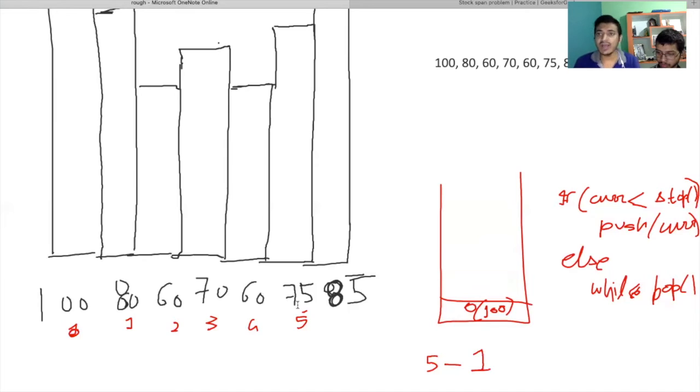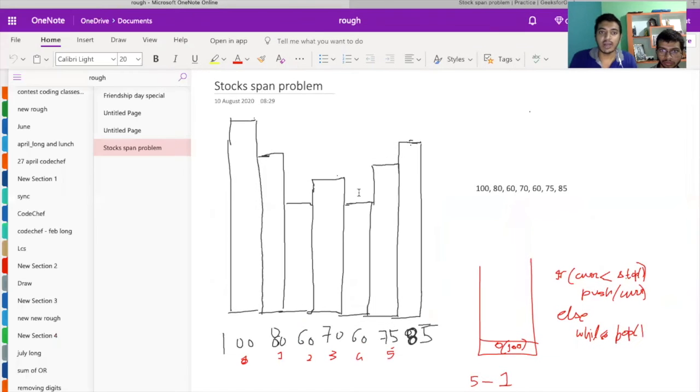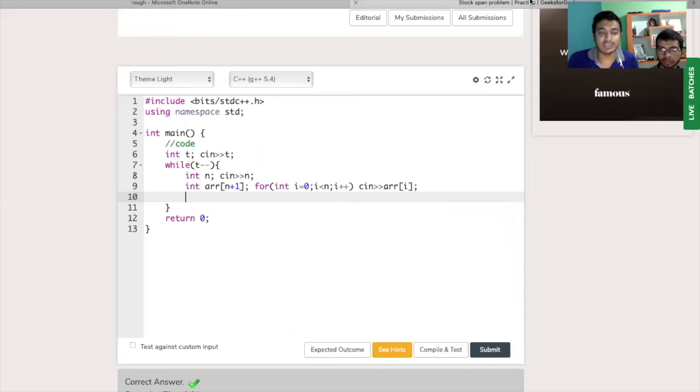Now how do we calculate the answer? We do it by subtracting the index of the current element minus the index on the top of the stack. So the index of the current element is 6, and what is the index on the top of the stack? It's 0. 6 minus 0 gives us the answer 6. So you can also see 1, it is less than or equal to itself also. 1, 2, 3, 4, 5 and 6. Right. So I hope, guys, that this approach is pretty much clear to you. And if it is not, then please try to solve it yourself and try solving one or two test cases by yourself.